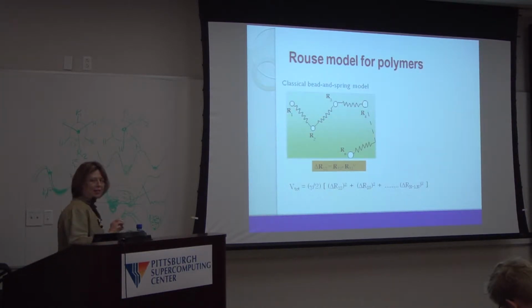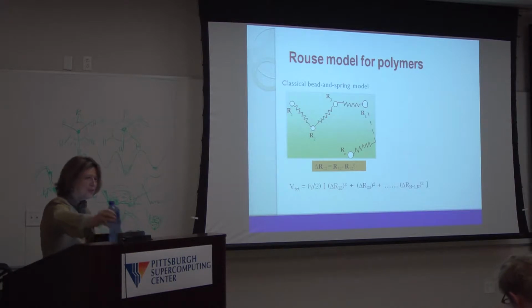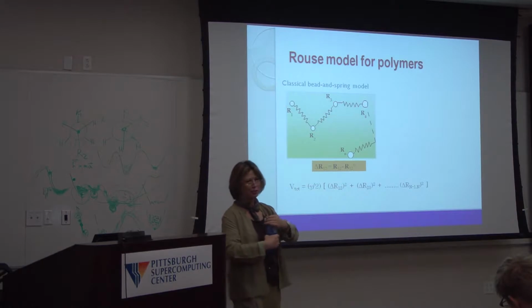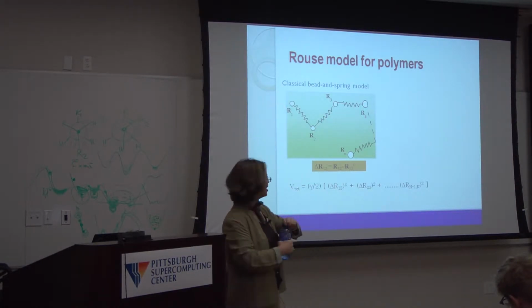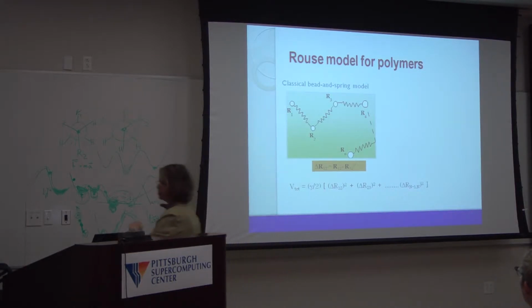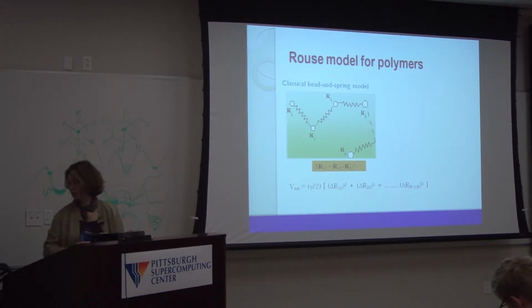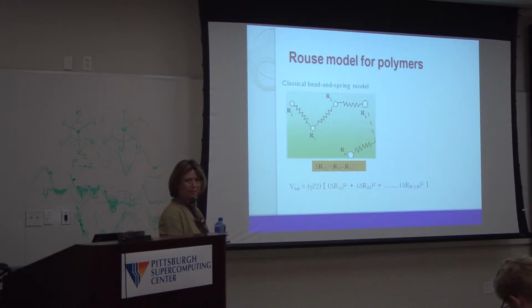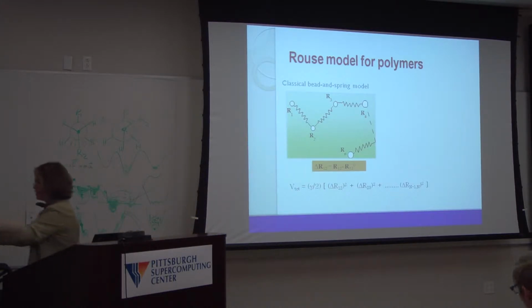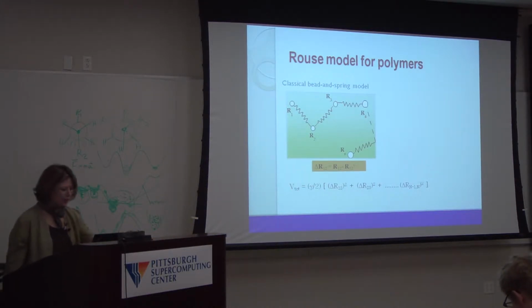Now, the simplest network model in polymer physics theory was the Rouse model. That was what inspired us. You can even say this is not really a network, because it is just a string of nodes and springs, as you can see. In this Rouse model, also called the classical bead and spring model, we have,